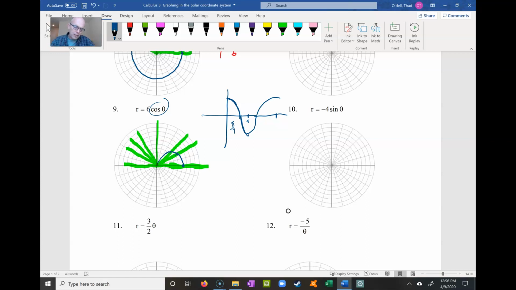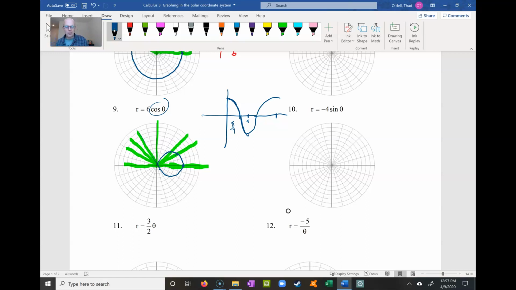And these values here, again, notice this is supposed to be just growing and getting bigger, but it's a negative value. So what happens here is we actually end up going out the opposite way. So on this one, I'm going to be going out in that direction. So it's going to be out here somewhere. And this one's going to go out in that direction. So it'll be out here somewhere, etc. And so what happens is we get this